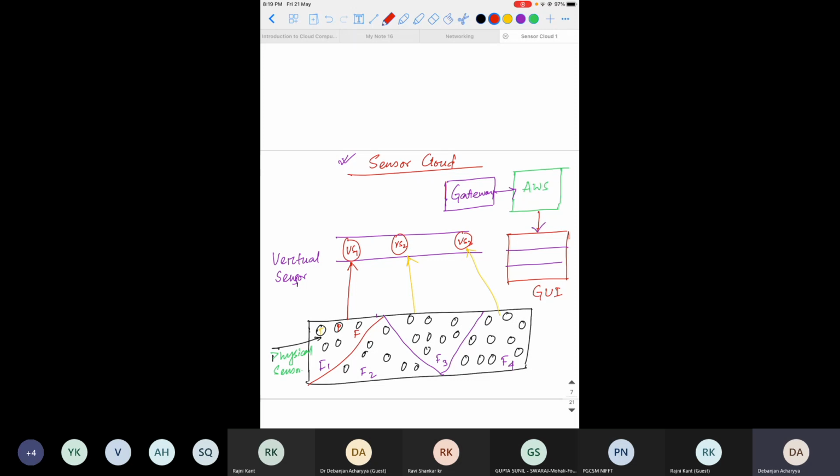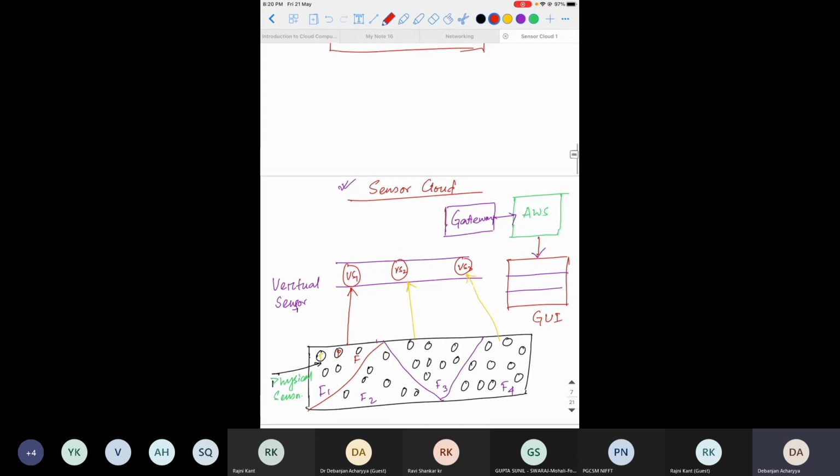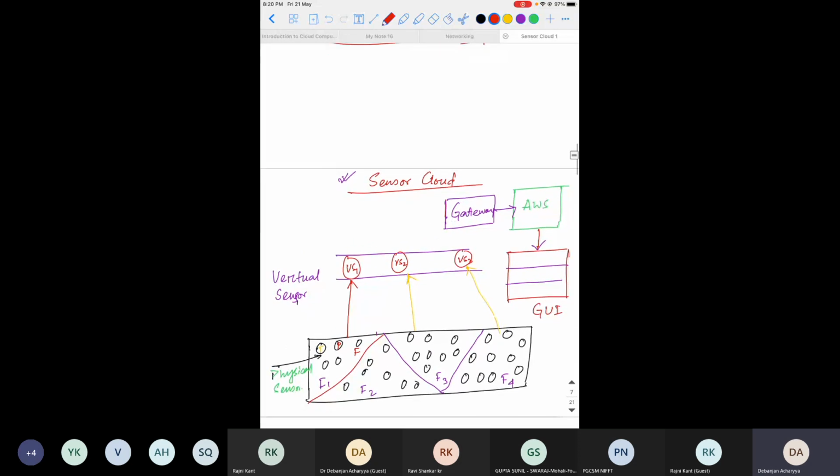Say for example, take a very easy example before we go to the industry. If I ask you what is the traffic condition for a particular location, so suppose you are a tourist. What do you think the traffic means? Is there any congestion or not?